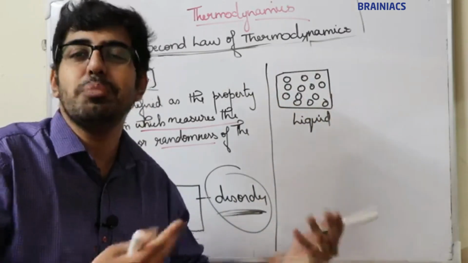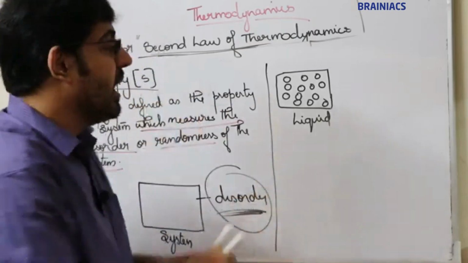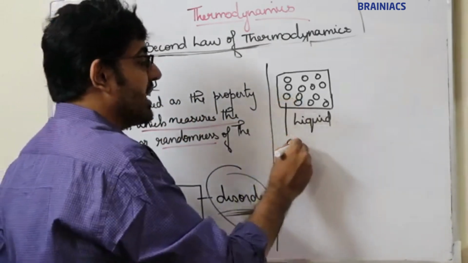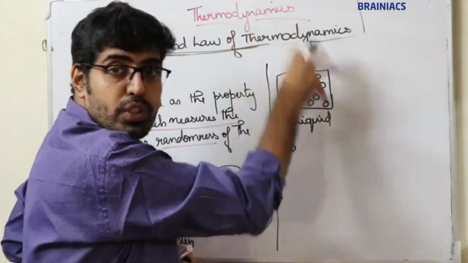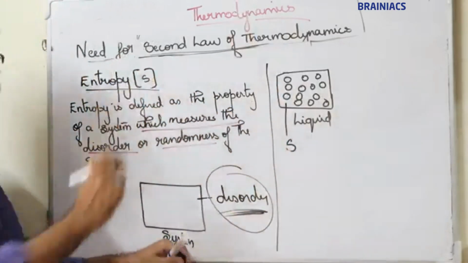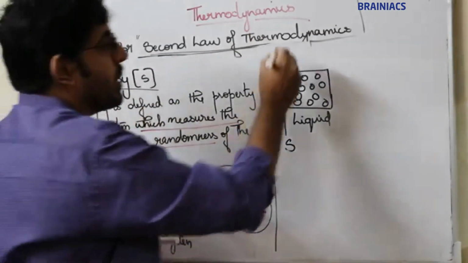Not orderly arranged, that means disordered. So in liquid, particles show some disorder. That disorder is known as the amount of disorder. The amount of disorder in a system is known as entropy. I think it's clear. Now, during a reaction,